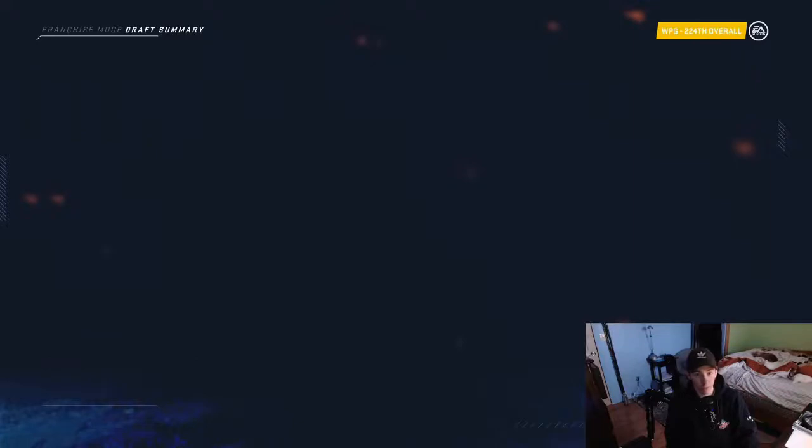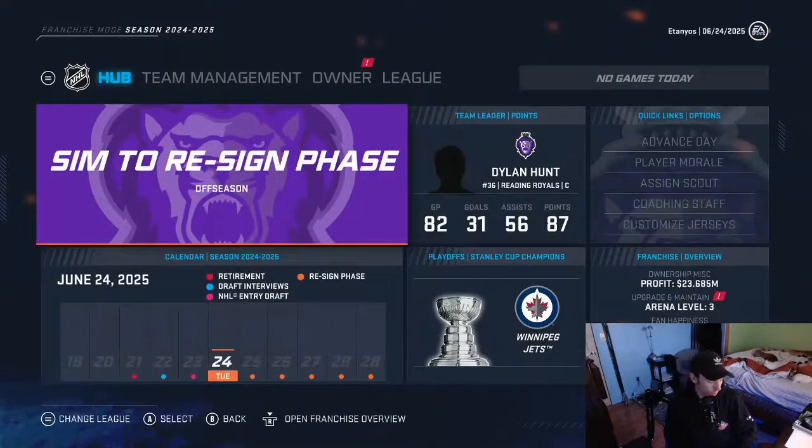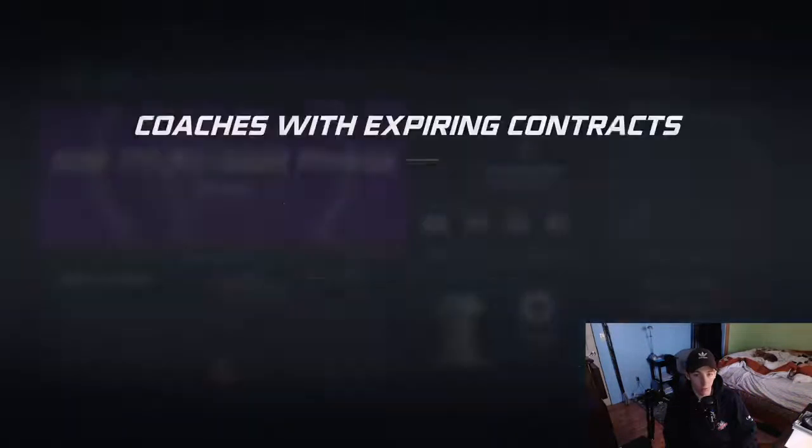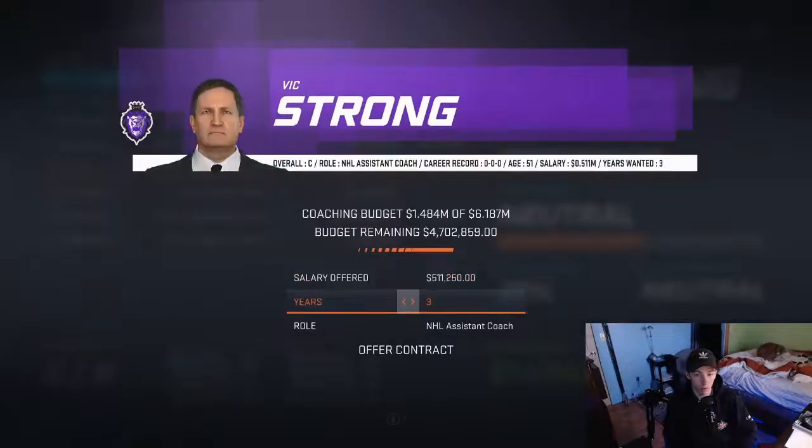I'm glad we got the first pick because really everyone else was not nearly as valuable. So, an 80 rated right winger there in Jamie Lawton. Definitely going to be one of the best pieces for this team moving forward. I'm just going to re-sign the coaches right now and players later just because